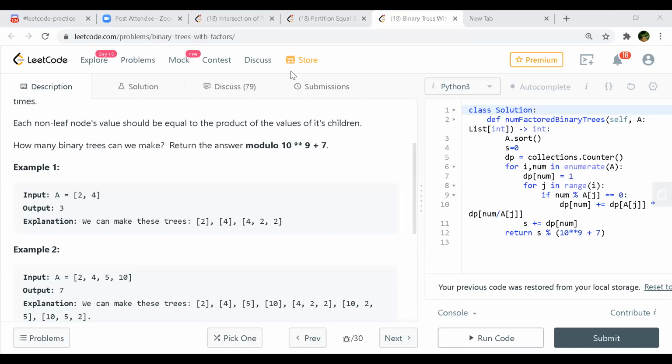But I don't see how going in increasing order helps us here. Anyway, you're using a hash map, and we are randomly checking for every element to see if the product of the other element is there in the array or not. So I don't see how sorting helps here. We just have to check whether that other factor is there in the array or not.